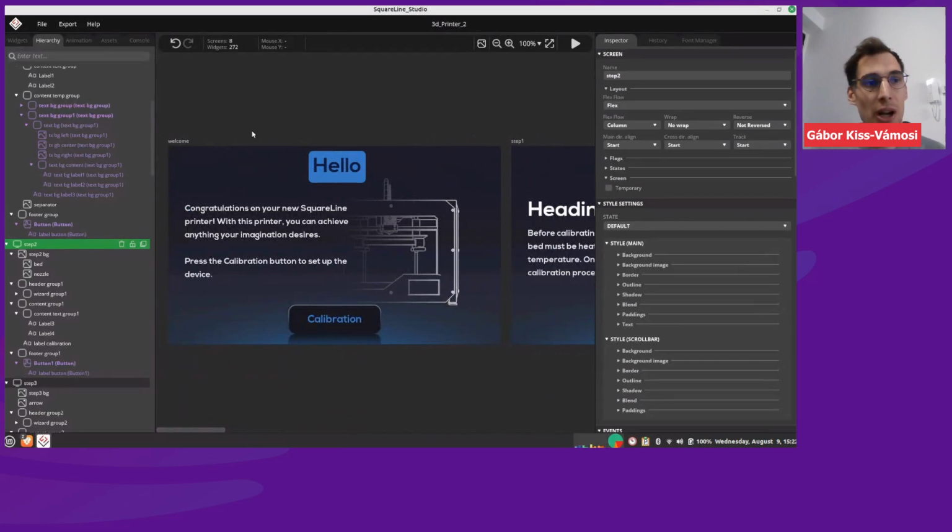Once you have created your UI, of course, you can export it. You can create a template project. If you have selected an Espressif development board, it will create a ready-to-use project for the development board, or you can just export the UI files. These UI files that you can export are platform independent. These are just simple C files containing LVGL function calls, and of course your UI as well. So you can export these files into any project. You can put together your custom project on any hardware, and you can select a folder where these UI files will be exported.